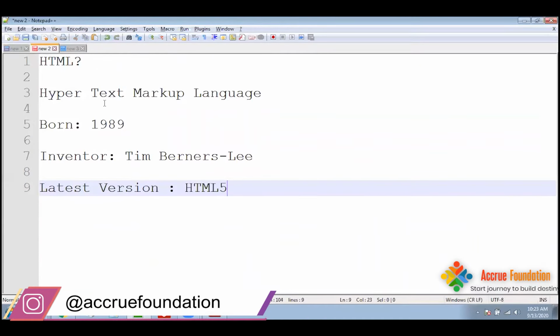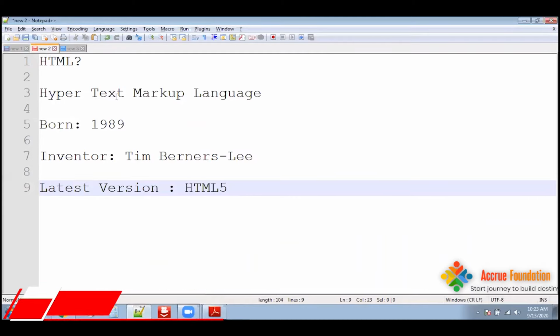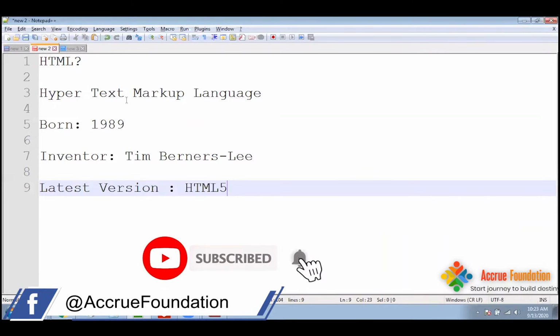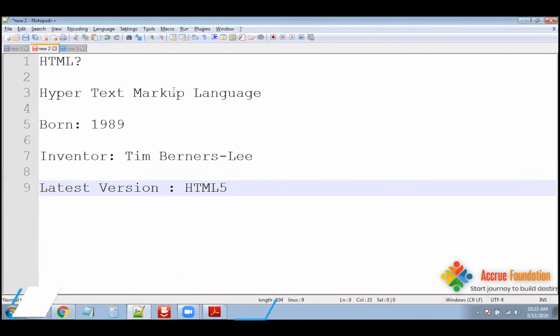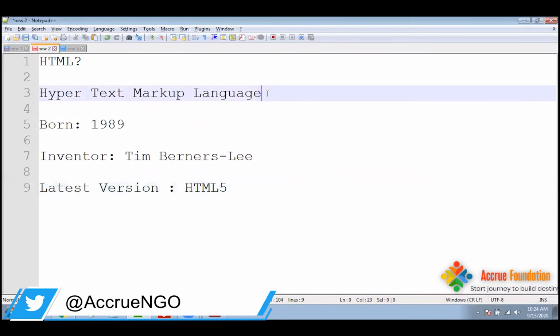And in this tutorial, we are going to learn about what is HTML, and the simple definition, or you can say the full form of HTML is hypertext markup language. So hyper is nothing but your link, text is nothing but your information. Markup, the simple markup definition you can say it is a pre-designed and predefined language. Language is nothing but it is used for communication.